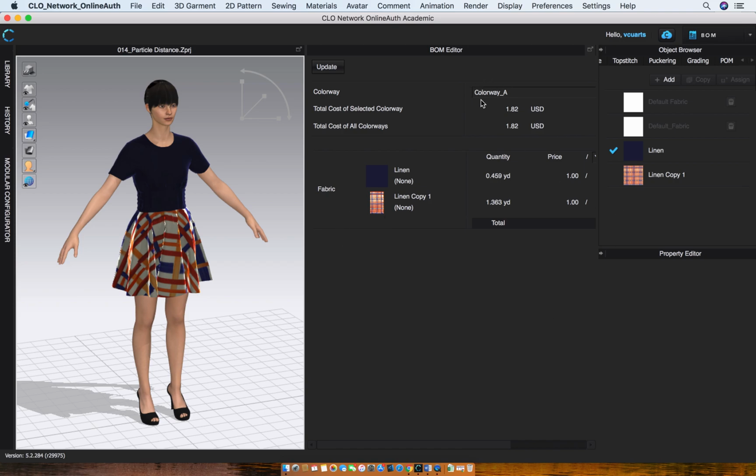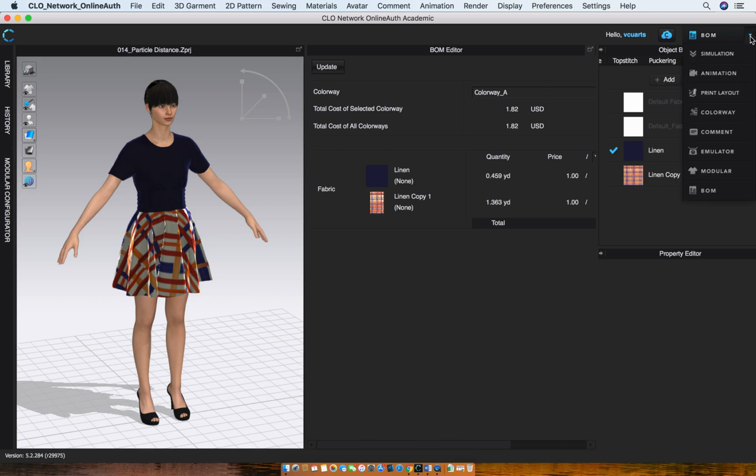You'll also note that this is for colorway A. I didn't create another colorway. I've gone over colorways once before, and I'm running through all of these closing tasks over the next couple of days. So I will go over colorway again, so that hopefully will illuminate if you are not recalling how to do that, and hopefully we'll dive a little deeper for anyone who is thinking that's old news. I've already done that. So I'll quickly say that we're going to look at print layout, which we've done, colorway, you have the BOM, which is something we'll cover, and then I will also go over